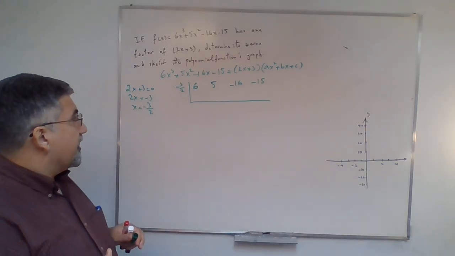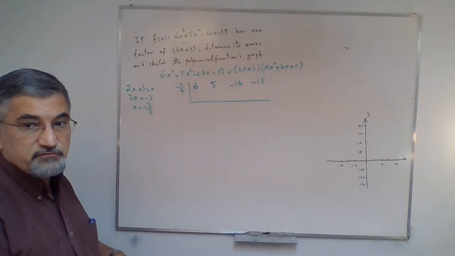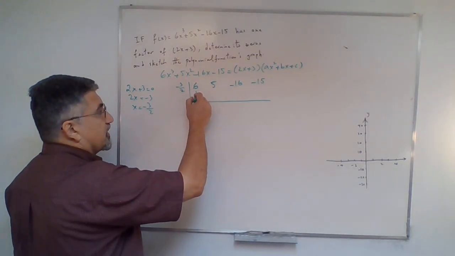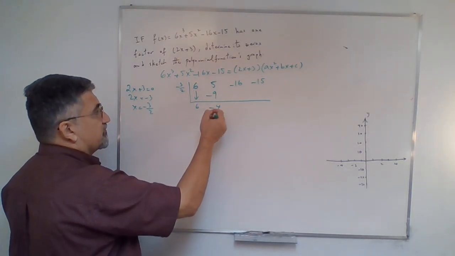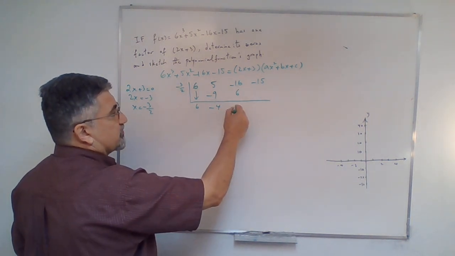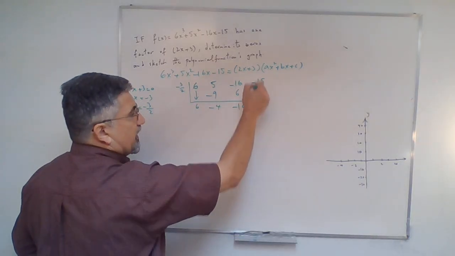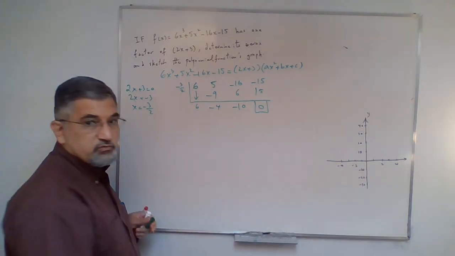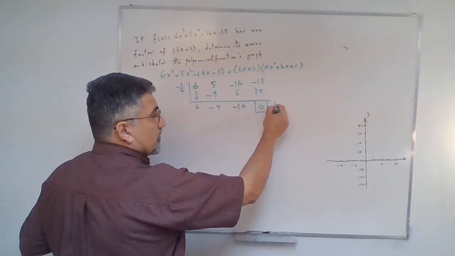Okay, and now I start the process of synthetic division very fast. So I bring this down. 6 times that would be negative 9. Add them up. Negative 4 times that would be positive 6. Add them up. Negative 10 times that would be 15. Add them up. 0, as it was expected. We expected to get a 0 remainder